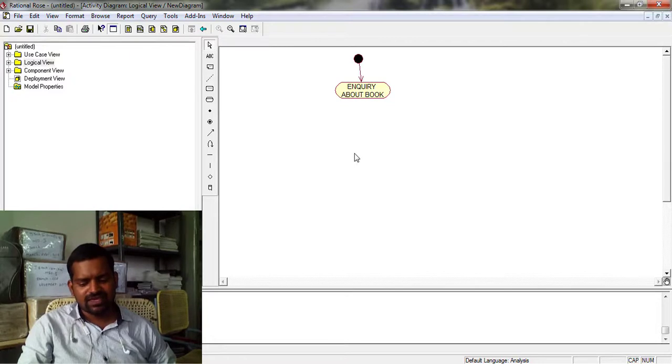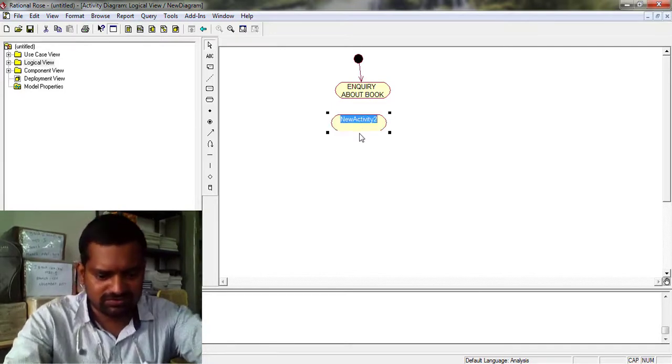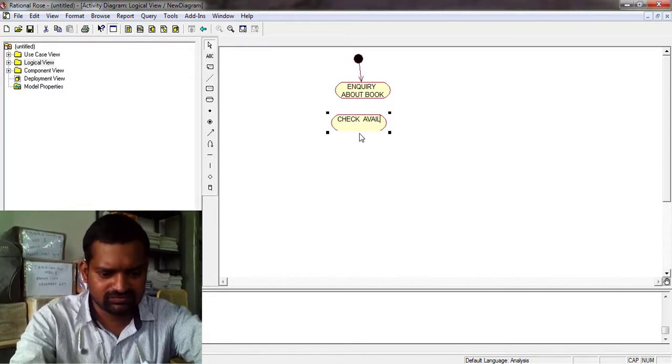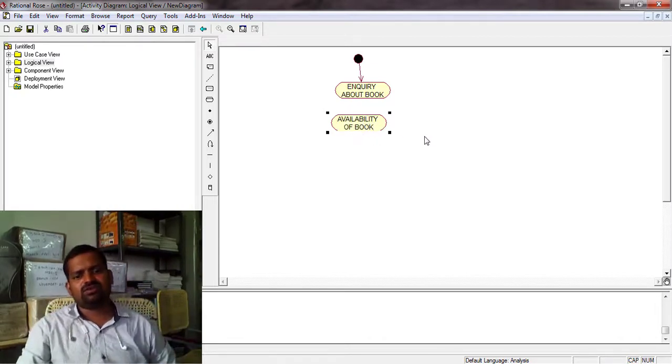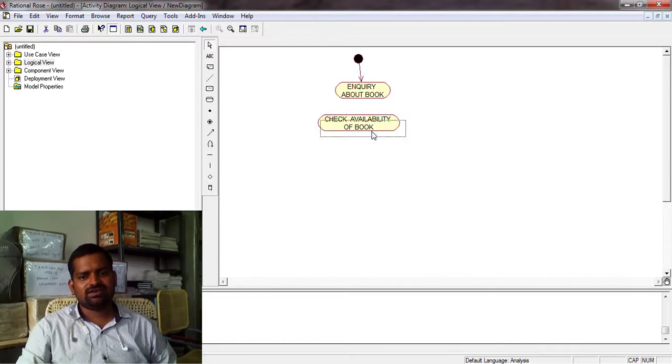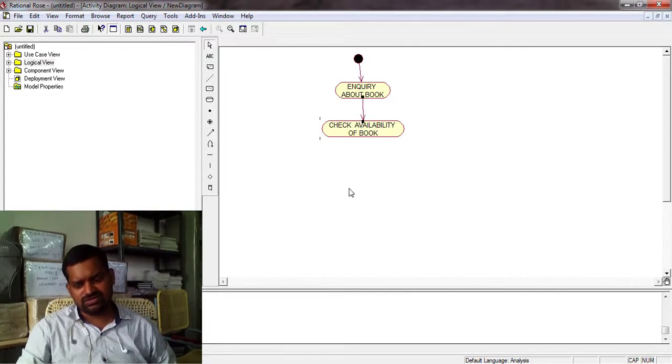After that, check availability of book is another activity. Check availability of book is one activity, and you give the direction from top to down.